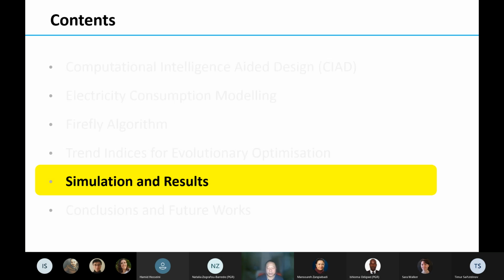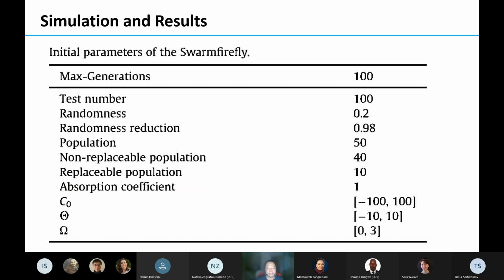Now, simulation and results. To prepare the simulation, we have a list of parameter settings here. According to our preparation for real application and our previous experience, we set a few parameters here.